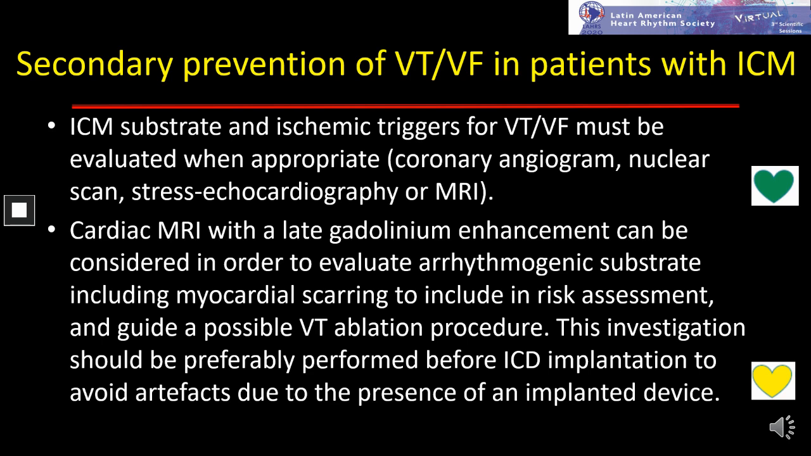Therefore, we have to assess the substrate, and ischemic events of the VT/VF need to be assessed appropriately, including coronary angiography, nuclear scan, stress echo, or MRI. MRI is very important. It can be considered to evaluate the arrhythmia substrate, including the scarring, to include in the risk assessment, and also to guide VT ablation. This investigation should be preferentially performed before ICD implantation